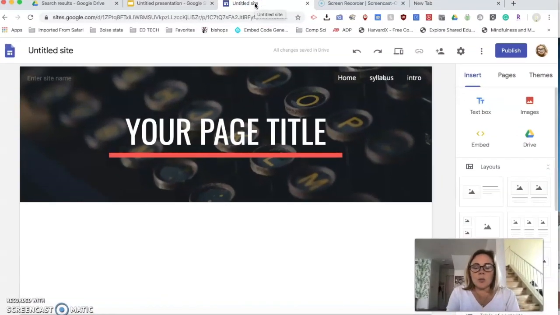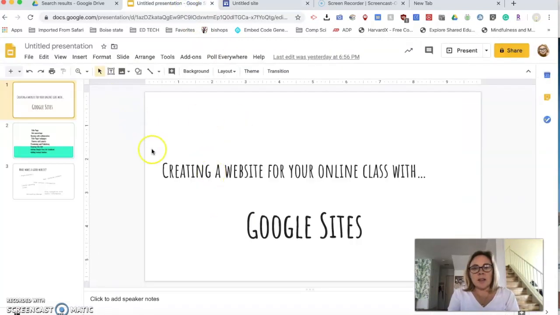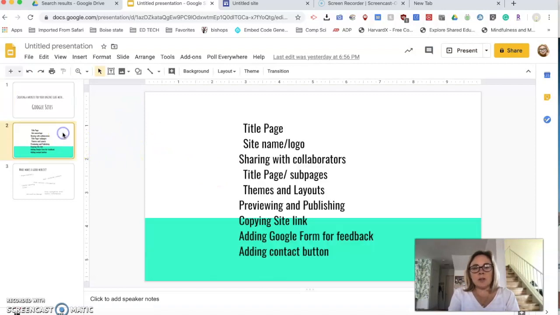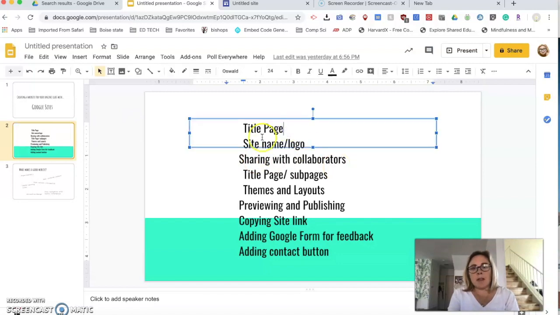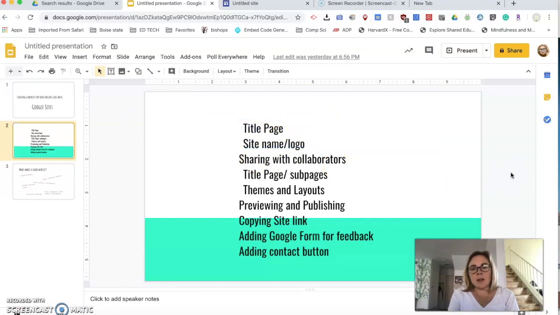So let's get started. Okay, so this is basically the skeleton of a Google site. And just to talk about quickly what we're going to go over today, we're going to create a website through Google Sites that you might use to house your online class. So some of the things we're going to talk about are how to add a title page, and how to have a site name and maybe add a logo in there,